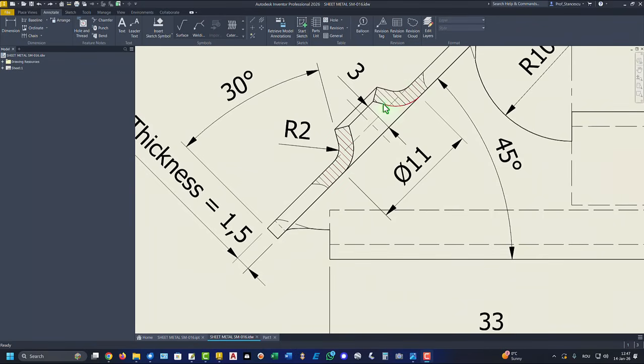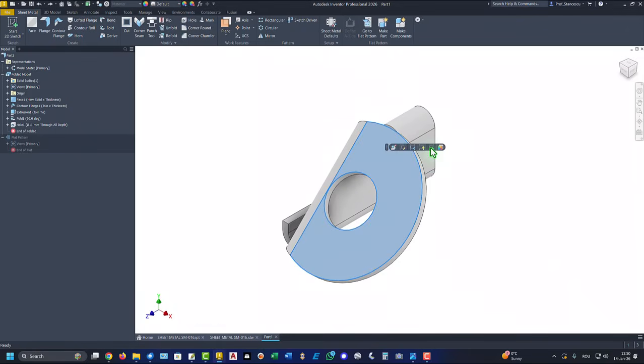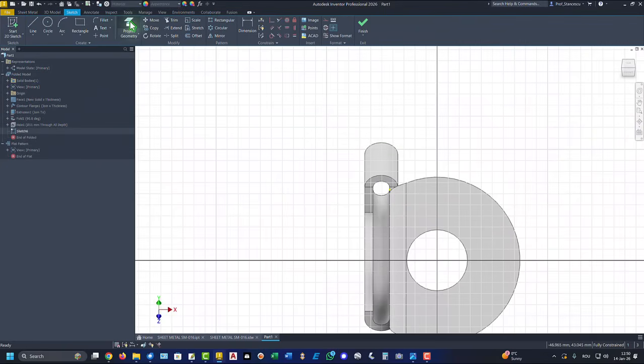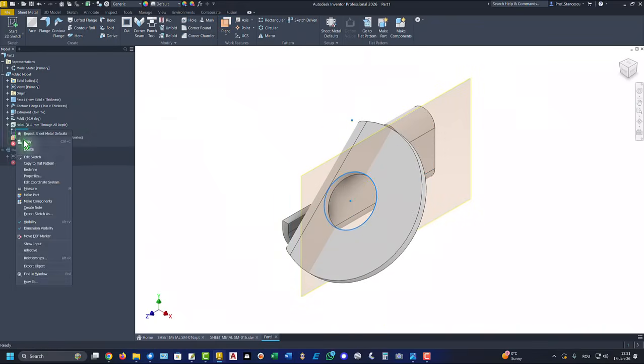Okay. Now we have to apply this feature. You see this contour. We have dimensions here, 3 millimeters, radius 2, 30 degrees. We start by creating a sketch and projecting this circle, finish sketch, to have this point, because we need to create a plane based on this face and containing this point. Now we can hide this sketch